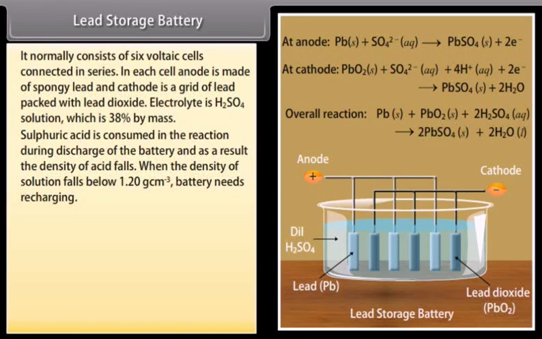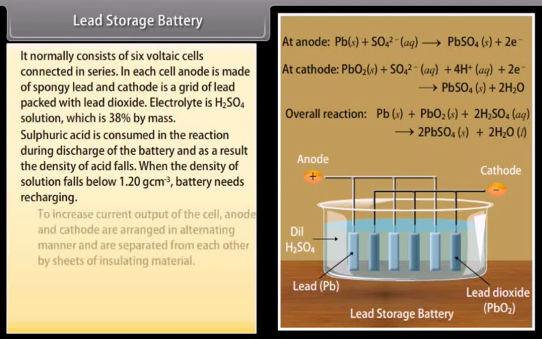Sulfuric acid is consumed in the reaction during discharge of the battery, and as a result, the density of the acid falls. When the density of the solution falls below 1.20 gram centimeter raised to the power minus 3, the battery needs recharging. When electrical energy is supplied to the battery from an external DC source, the cell operates like an electrolytic cell and chemical reactions take place. But now, the electrode reactions are reverse of those that occur during the discharge of the